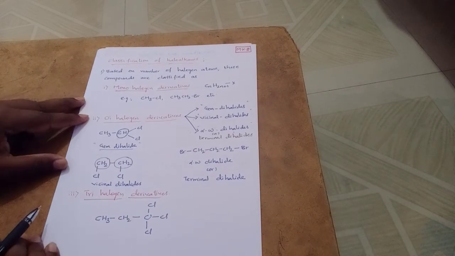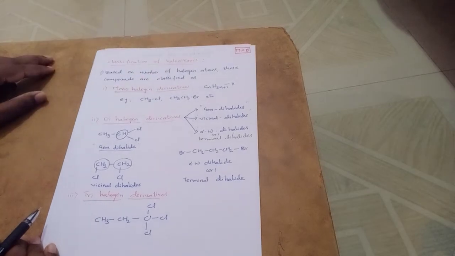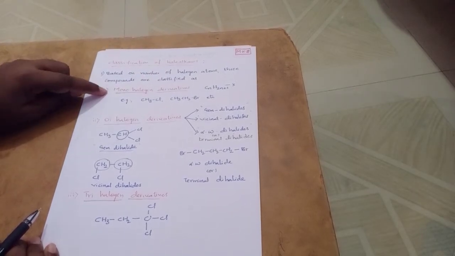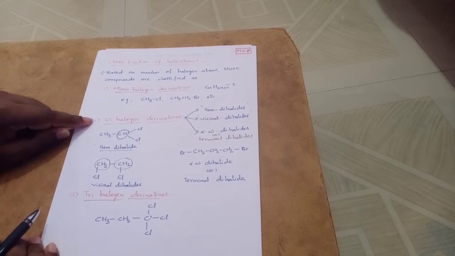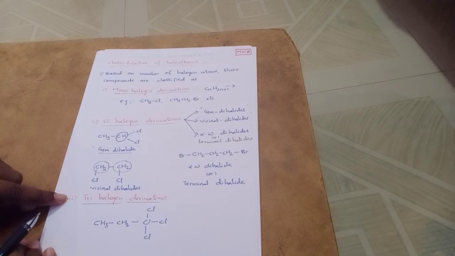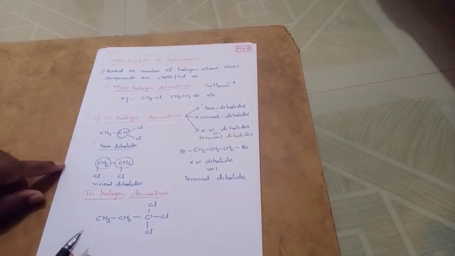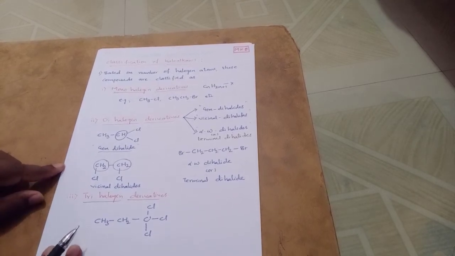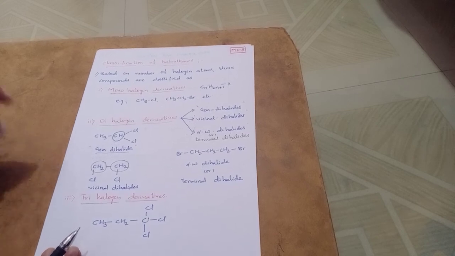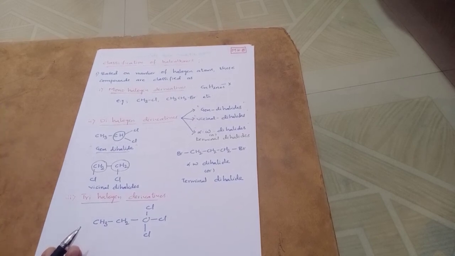So like this, based on the number of halogen atoms, we can classify haloalkanes as monohalogen derivatives, dihalogen derivatives, and trihalogen derivatives. Similarly, we can classify these haloalkanes on different aspects, like the type of carbon atom to which the halogen is attached, and the type of hybridization of carbon to which the